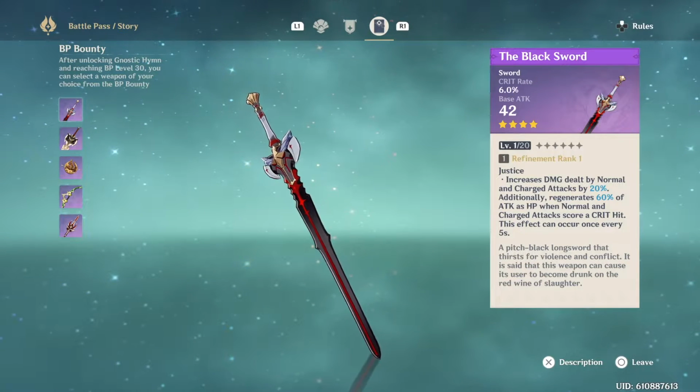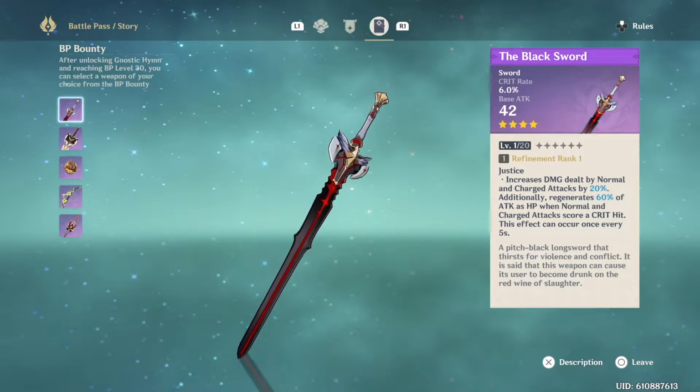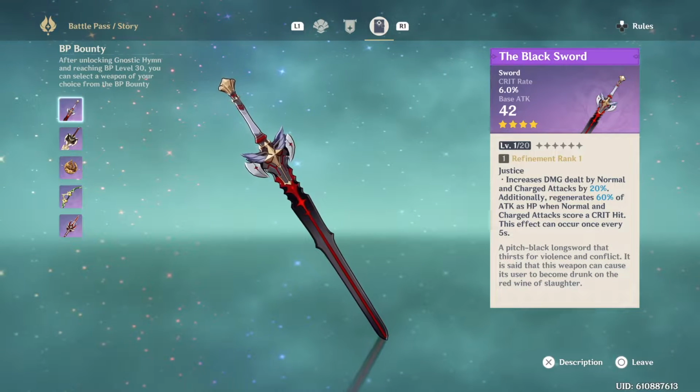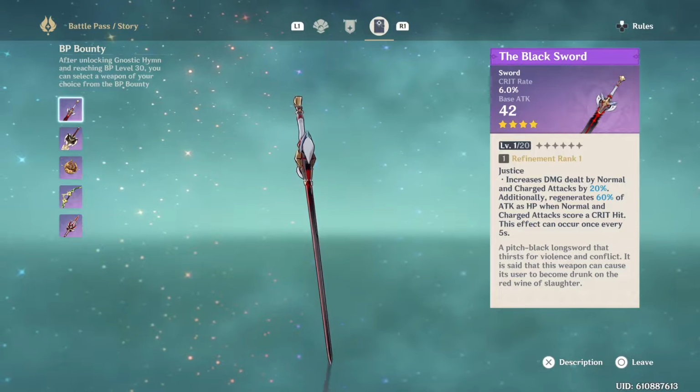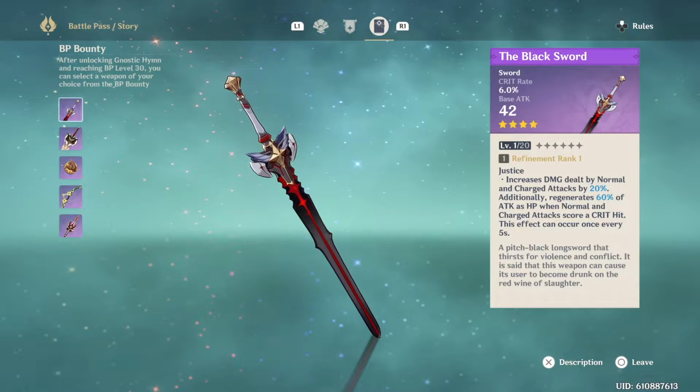happen every 5 seconds. So this weapon is really good at increasing damage of her normal charge attacks, giving her a good substat on the weapon, and will increase her survivability all in one. So this is definitely the best 4-star weapon that you can get for your Keqing. So if you do buy the Battle Pass, I highly recommend you get this weapon if you are looking towards